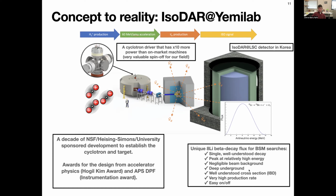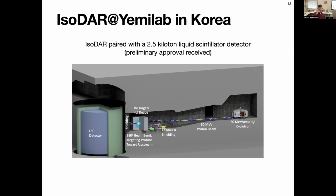It's deep underground, so cosmics you don't have to worry about very much. It has a very well understood primary neutrino interaction process, which is inverse beta decay with 1 to 2% cross-section uncertainty. There's also the neutrino electron elastic cross-section, which has similar, if not smaller, uncertainties as well. Very high production rate, and we can also turn it on and off as well. So we're trying to pair this with a 2.5 kiloton liquid scintillator counter detector, the LSC,